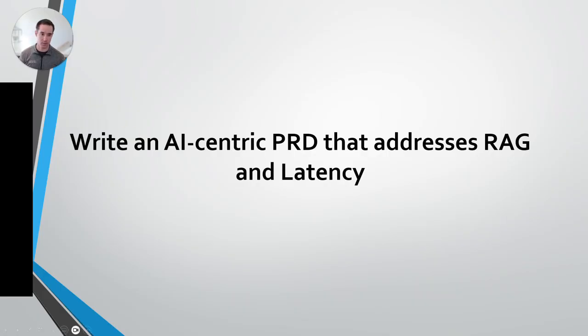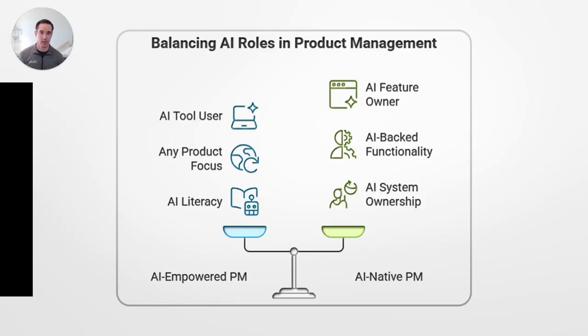So I think it's first important just to understand what an AI-powered PM looks like versus an AI-native PM. I am an AI-empowered PM, which means I use tools to make my job easier. I'm not necessarily setting machine learning algorithms, doing a bunch of math, or building out the infrastructure that stands these things up, but I do need to have some kind of basic understanding of the terms and components that go into